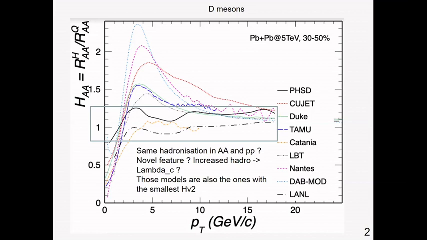So is that really what it means, or are these values rather low for those models simply because part of the C quarks are driven to lambda C, and this is why they get back to unity? So I don't know whether